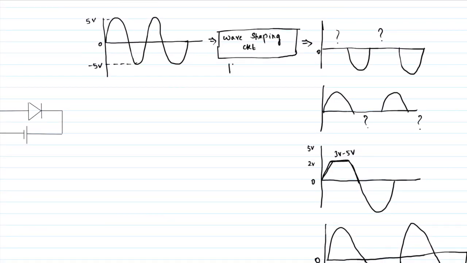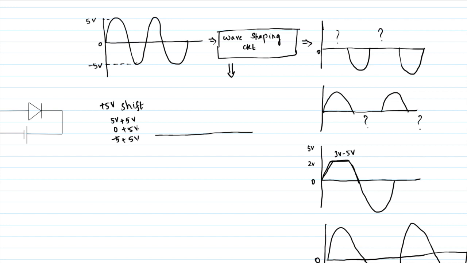Say I am sending the signal to another wave shaping circuit. Here you can shift the signal. How will you shift the signal? Say you are shifting by plus 5 volt, then how will your output look? Positive peak is at 5, DC level is at 0, and negative peak is at minus 5. A positive 5 volt shift means you need to add plus 5 volt to each voltage level.